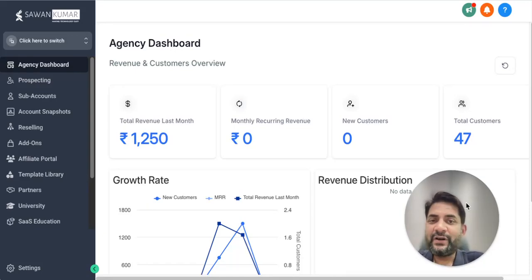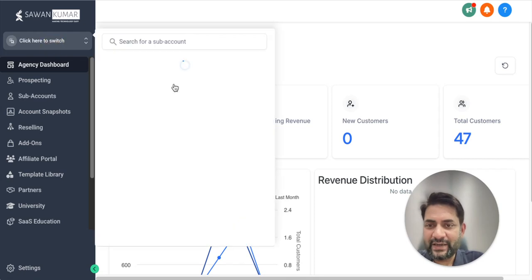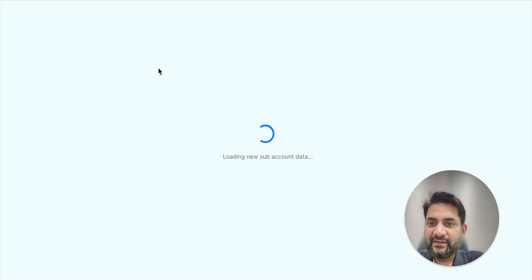Okay, so let us walk through how to create staff accounts and set up role-based permissions inside GoHighLevel. For that, I'll have to jump onto a sub account. So select a sub account,